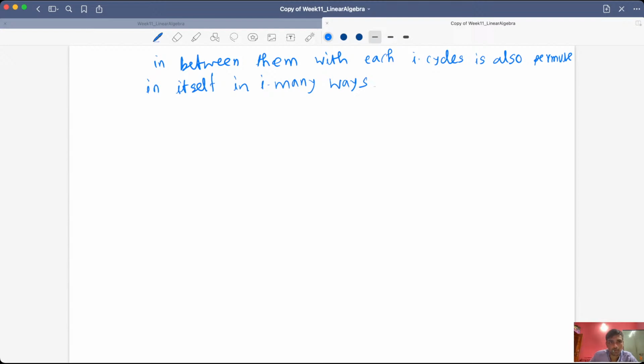Hence the number of sigma belongs to Sn such that